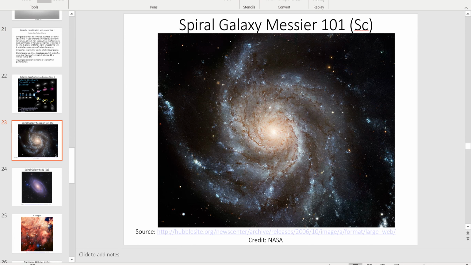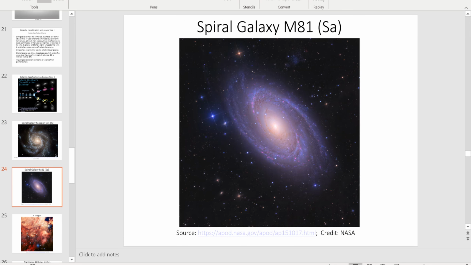I want to show you some pictures to try to illustrate this. This is a classic SC galaxy. You can see here that there's clearly more than 2 arms, although it's hard to count, as I keep saying, how many there are. Something like this. This is an SA galaxy. This galaxy has spiral arms that are rather well defined, and there's rather obviously just 2.